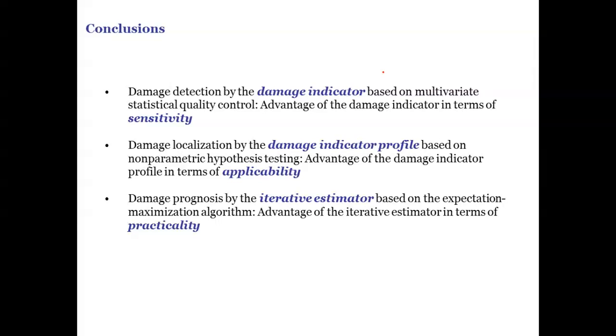And with this scheme, in the incomplete data scenario, we can obtain damage prognosis results that are comparable to those obtained in the complete data scenario. All right, that's pretty much the end of my presentation, and questions are welcome.